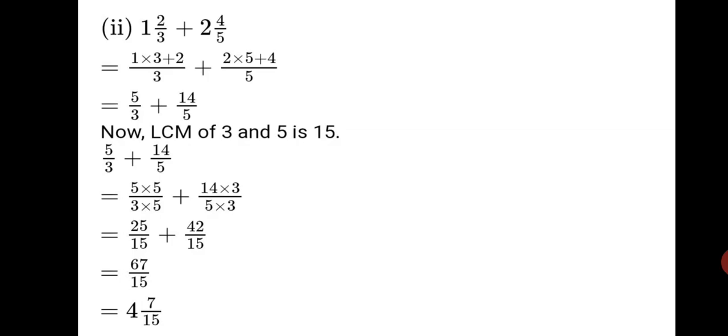Now, improper fractions are written down. We will have to find the common denominator to both. So, 3 5s is 15. That means the LCM is 15. 5 upon 3 multiplied by 5 plus 14 upon 5 multiplied by 3 is equal to 25 upon 15 plus 42 upon 15 is equal to, now add the numerators, you get 67 upon common denominator 15. Okay, you can leave your answer as 67 upon 15 or you can divide and find the mixed number back. 4 7 upon 15 is the final answer.